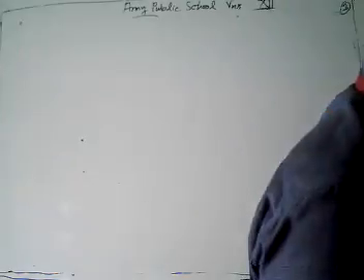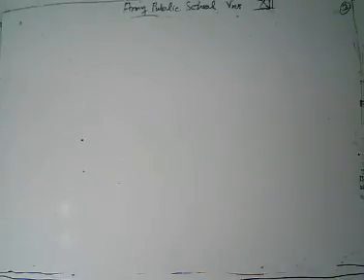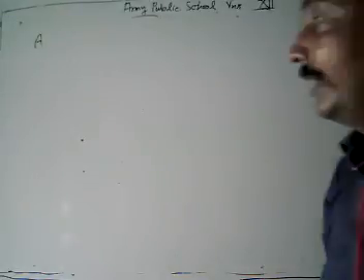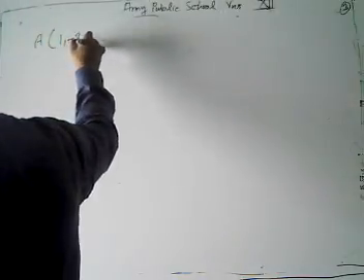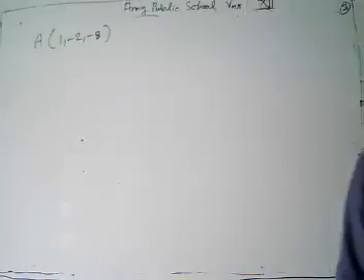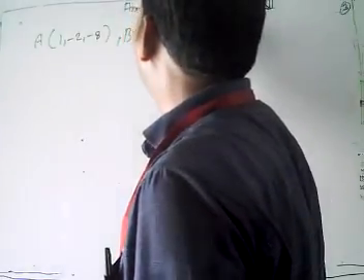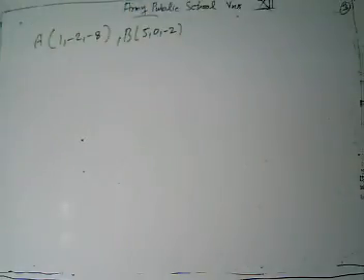Now look up. What we have next? In the next one, what do we have? Show that these points are collinear. The next question: show that the points A (1, -2, -8), B (5, 0, -2), and